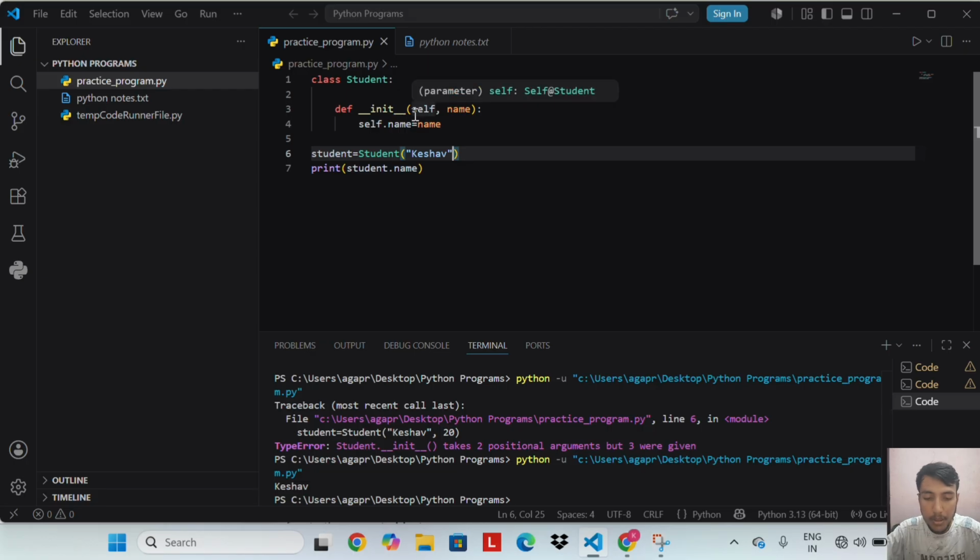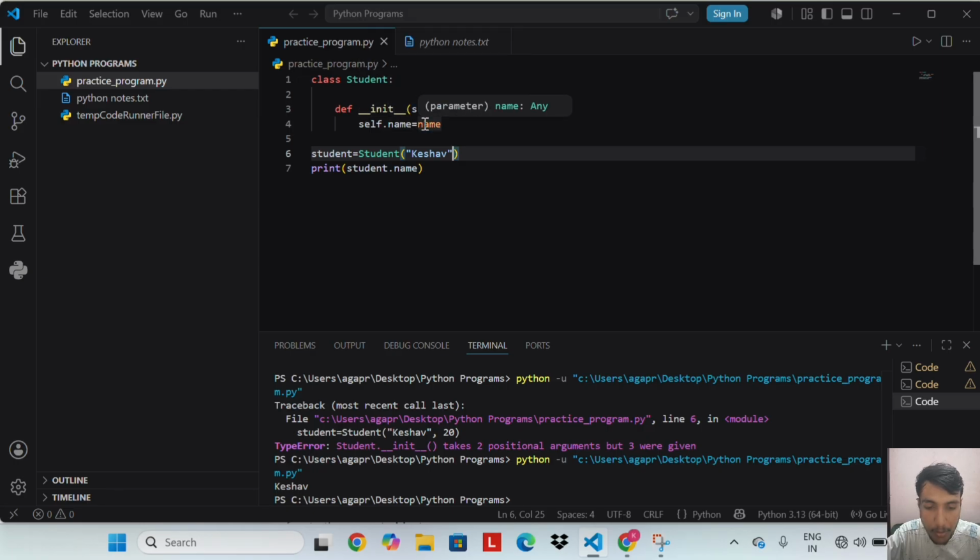The __init__ method is called the constructor. The name comes from initialize. Its job is to set up the initial data for a new object. When we write Student Keshav, Python automatically calls __init__ behind the scenes. We do not call init ourselves.